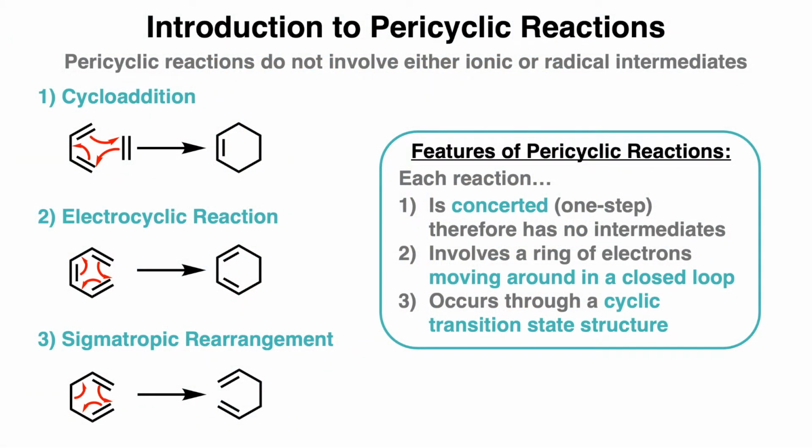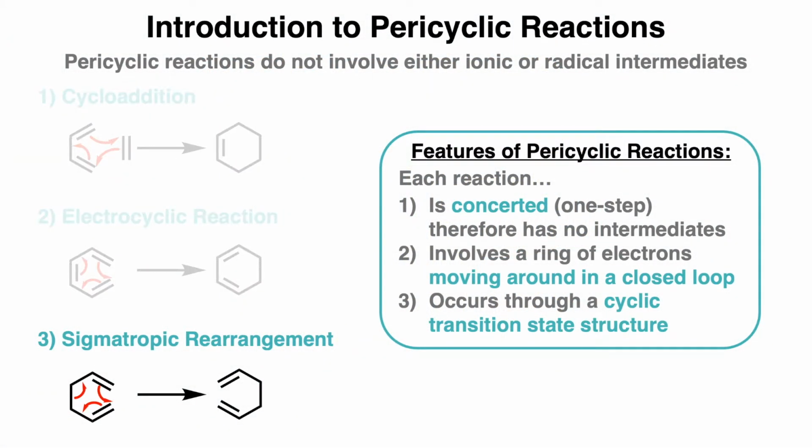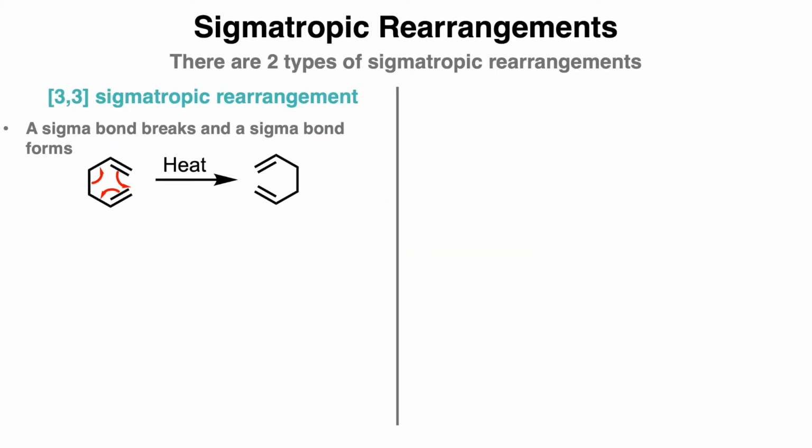The last type of pericyclic reaction is a sigmatropic rearrangement, and just like the other two types, sigmatropic rearrangements are concerted, involve a ring of electrons moving around in a closed loop, and occur through a cyclic transition state structure. There are two types of sigmatropic rearrangements. The first one is a 3-3 sigmatropic rearrangement, where a sigma bond breaks and a new sigma bond forms between